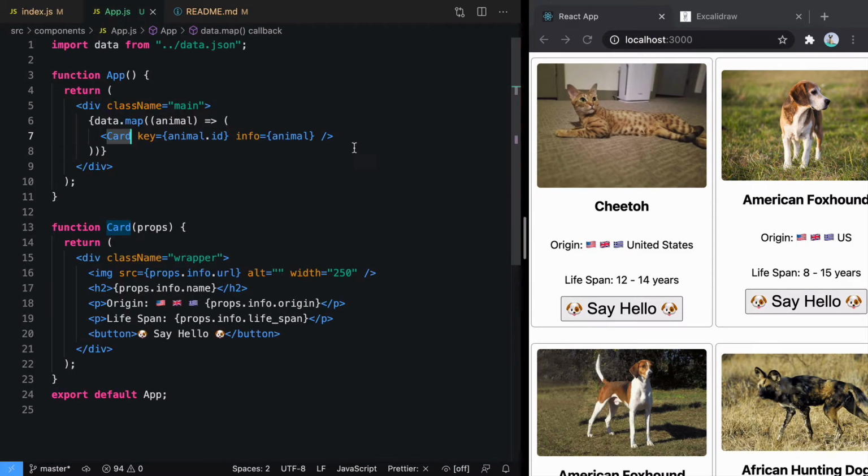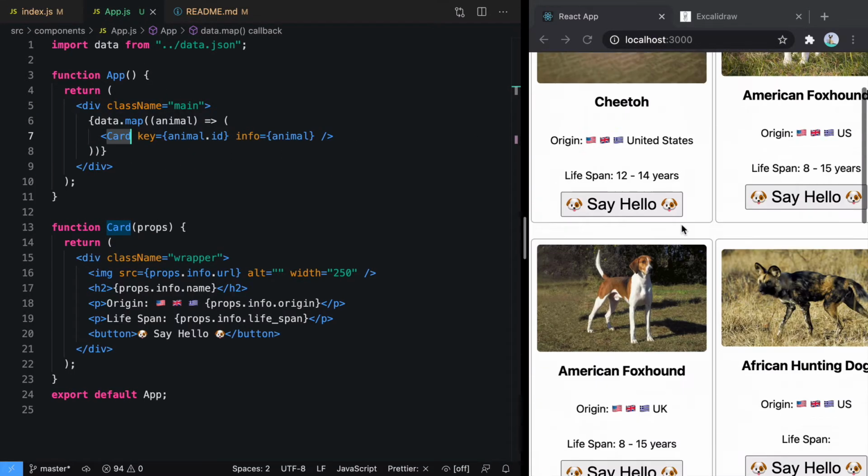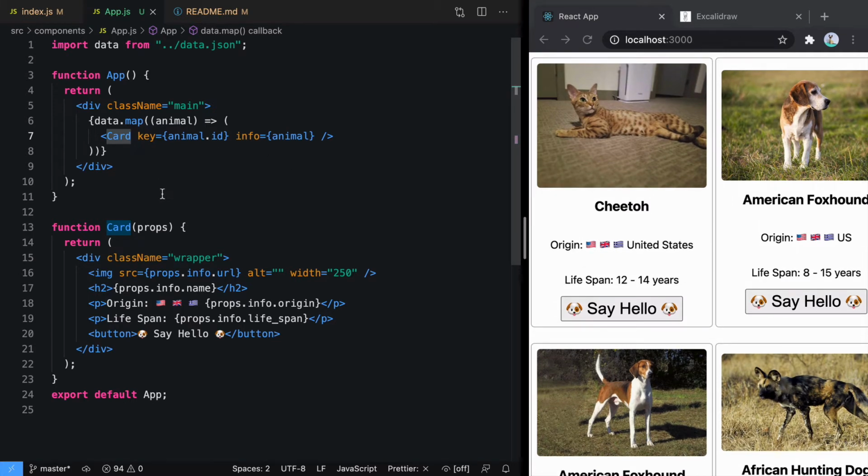Here, if you see, this is the whole app that we have. And if you look at the structure, we will see that we have one component App and another component Card. Because our UI is not very complex, we just have two components. But as soon as your UI becomes complex, you will start having more and more components, each component doing their own piece. So in React, a UI consists of small components.